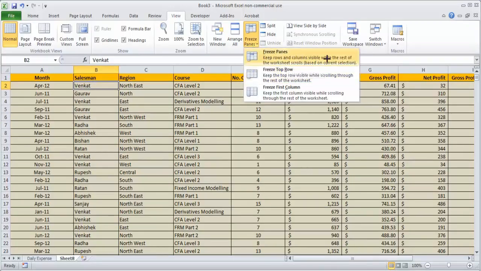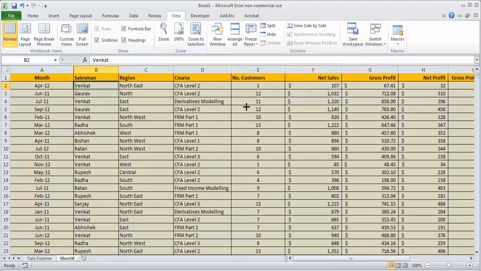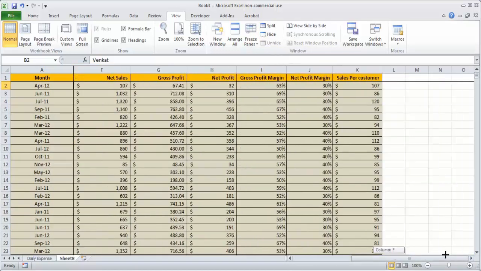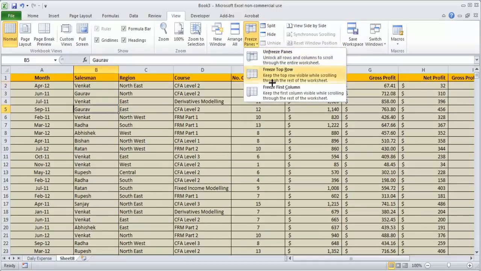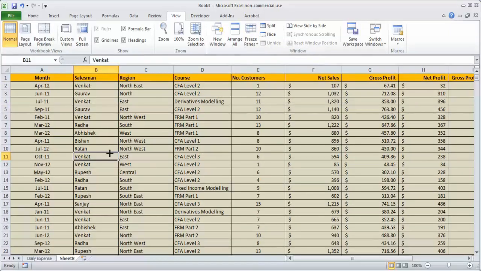What they are saying is keep rows and columns visible while the worksheet scrolls. Now you see that the row is frozen and the column is also frozen. Now the problem is that Freeze Panes will only start freezing from where you have put the selection.